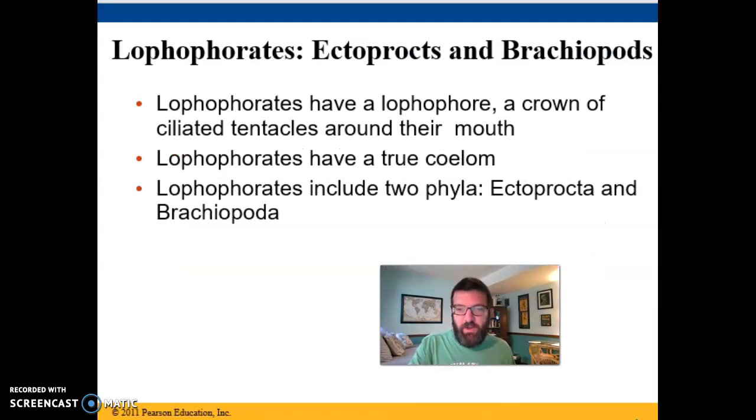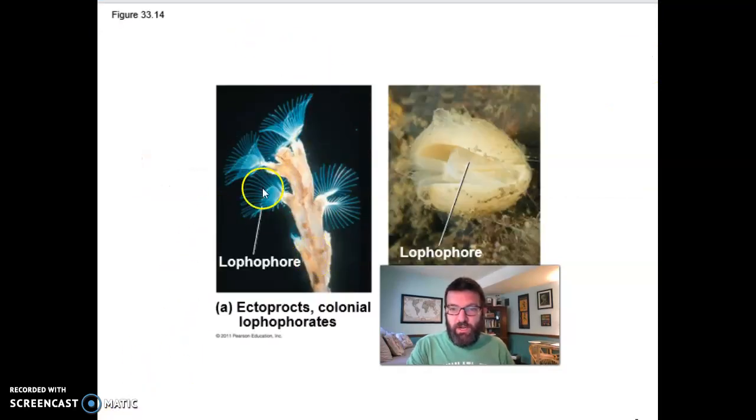Another couple of phyla that you find in Lophotrochozoa are the Lophophorate phyla. And these are phyla that have lophophores, which are feeding structures that look a little bit like what you have in the rotifer, but they're a bit different. They're ciliated tentacles around the mouth, and the two phyla that have these lophophores are Ectoprocta and Brachiopods. Ectoprocts here look kind of like plants. You can see this lophophore here. And they're colonial, right? They often live in these big colonial groups, and some of them actually produce reefs, sort of like coral do,